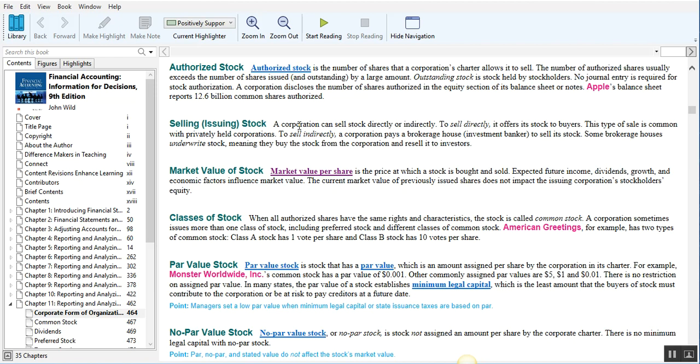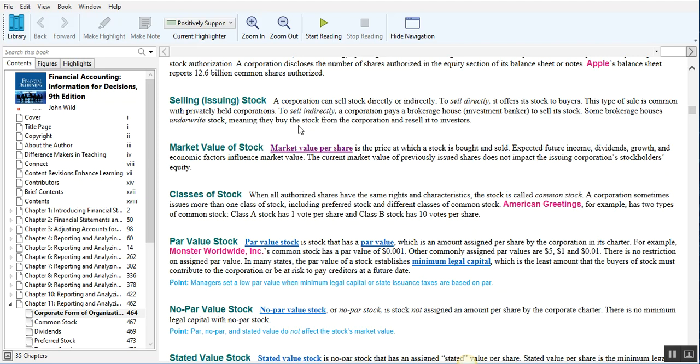A corporation can sell stock directly, and usually this is in a privately held corporation. But if you're a publicly traded company, it's more likely that you're going to sell those shares of stock through a brokerage or through an investment banker of some kind, where they purchase the initial public offering or maybe even the offering of those shares that you're issuing, if they're additional shares, and then resell them to the public.